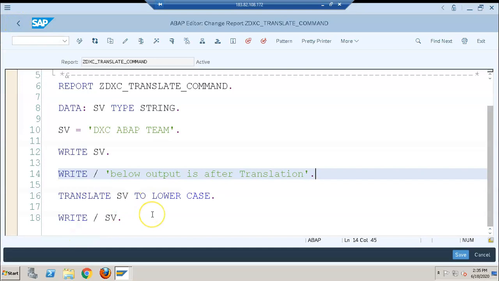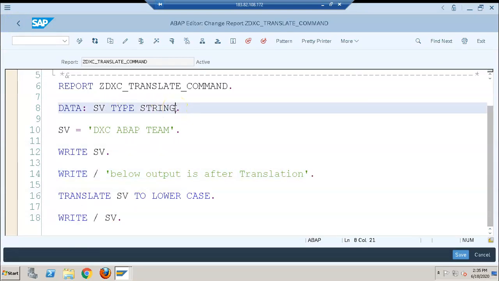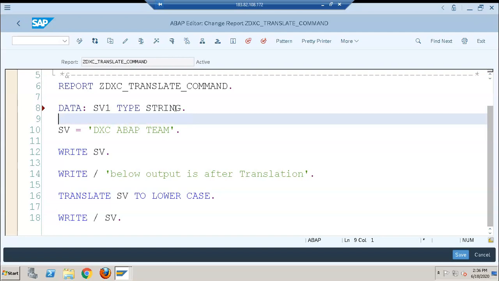Now the exact opposite is also very much possible. So let's declare another variable. Let's keep this as sv1. Here this is sv1.